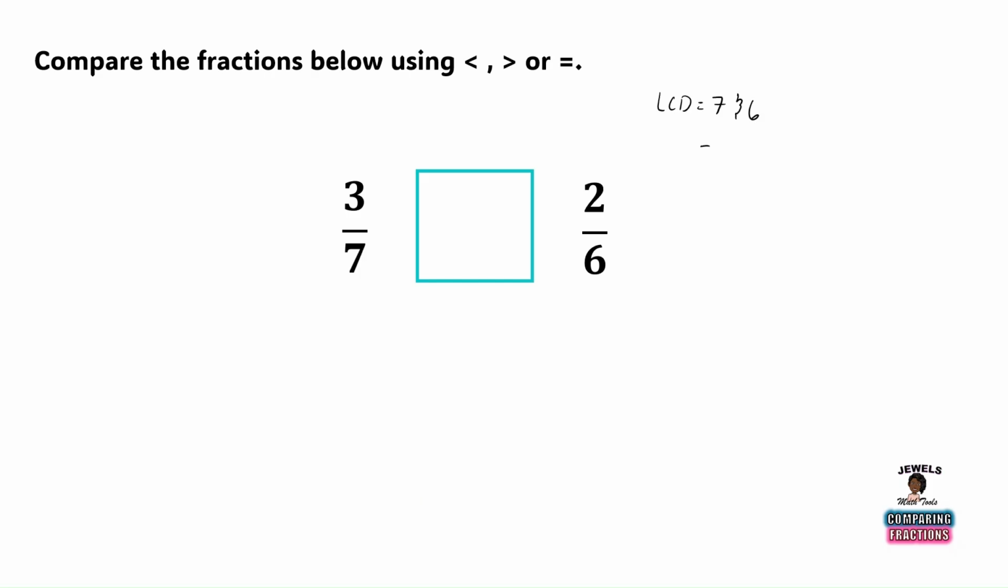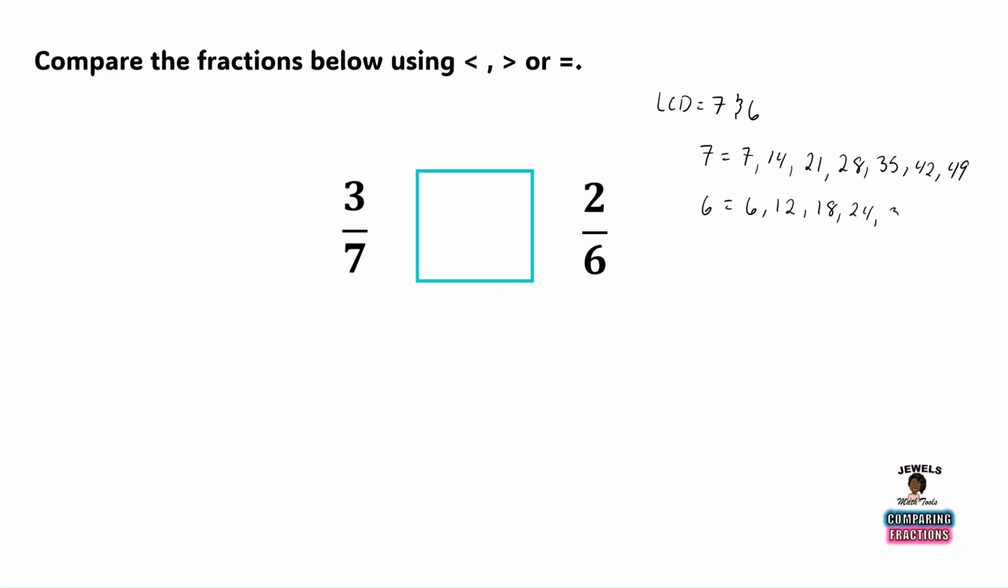Now with 7 and 6, to find the LCD, it's just like listing your multiples. So I will do that just to give you a clearer idea as to how we find the LCD. So what I'm going to start with is by listing the first 7 multiples of my 7 timetable, which is 7, 14, 21, 28, 35, 42, and 49. I will now do the exact same thing with 6, which will be 6, 12, 18,